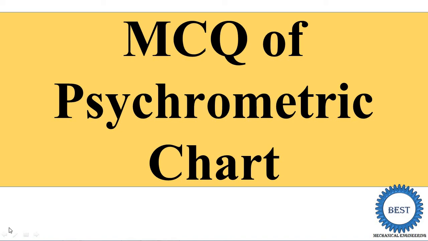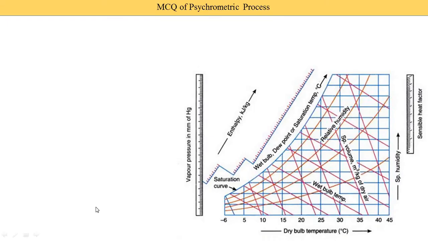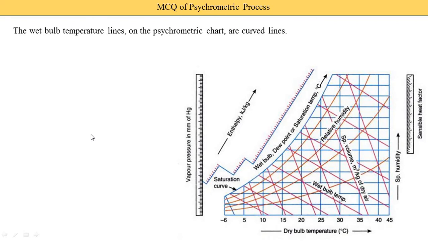In this video, I discuss the various MCQs related to the psychrometric charts, and also how to use the psychrometric charts. That type of MCQ is also there. Suppose the dry bulb temperature increases or decreases, and what is the change in the other properties of the air? We discuss that in detail. First we start with the basics related to the various types of lines on the psychrometric chart, then we move towards some more difficult levels of MCQ.